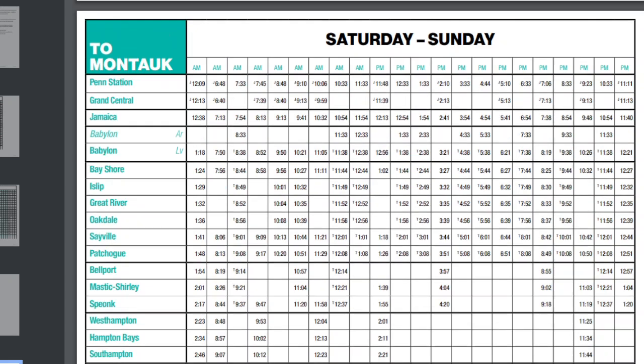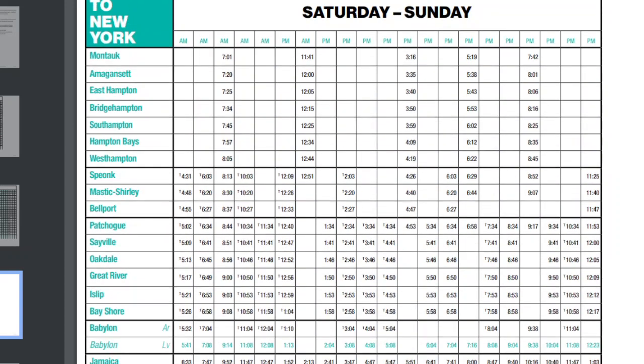All right. Actually, I want to go back up and look at the weekend for a minute. So this is still the same kind of schedule. We have 3:16. Arrives at Patchogue, 4:53, and does not stop at Babylon. Yeah, that's a bit of a problem. Because now, like I say, if you're on this train, you want to go to Babylon. Usually there's a train right behind it, but now you're going to have to wait till 5:34